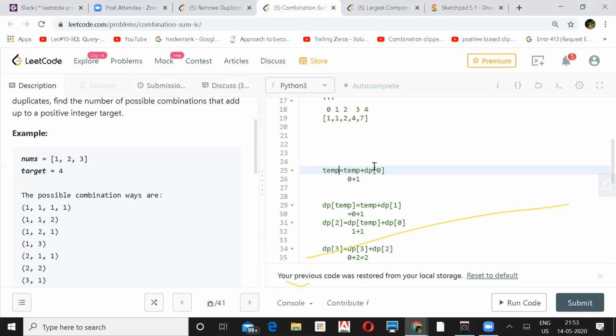Just one quick question. If you say DP of 4 is equal to DP of 1 and 3, next time I again need to use that 4, right? Sorry, let's say for 2 I'm calculating. DP of 2 will be DP of 1 and DP of 1, right? But when I go to 3, it will be DP of 3 and DP of 2. So if I don't store the value of DP of 2, how will I use it here? Yeah, you will store it finally.